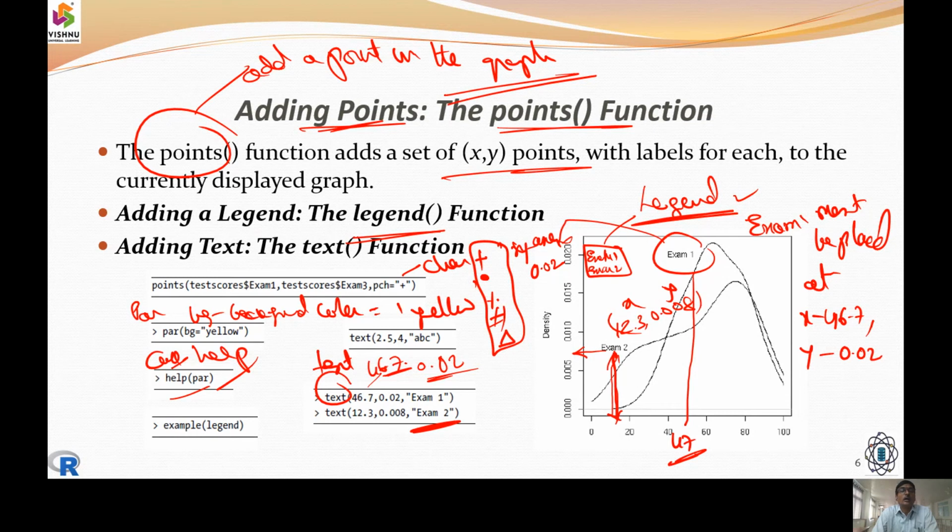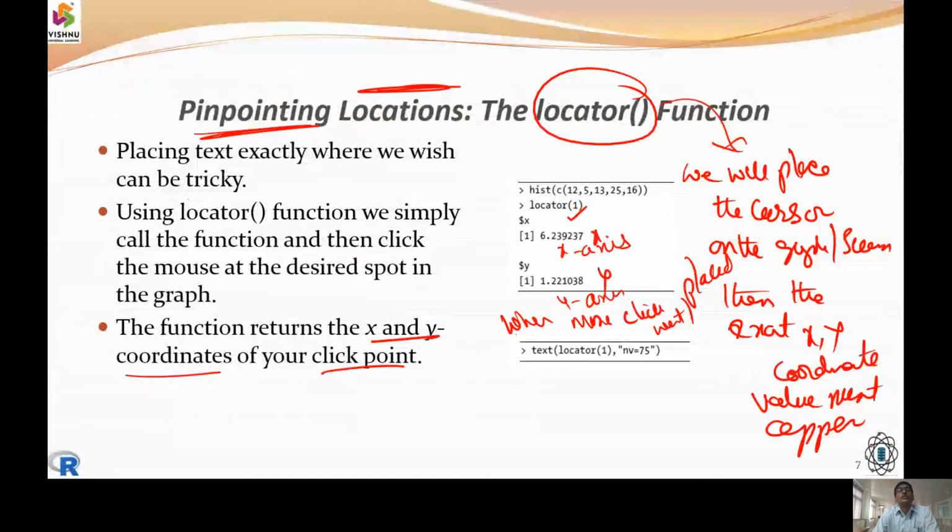Next, in order to get some help, we can give a quick help with the help of par, etc. To position those contents at a location, we can give x equals 12.3 and y equals 0.08, then exam 2 will be displayed at that specific position.